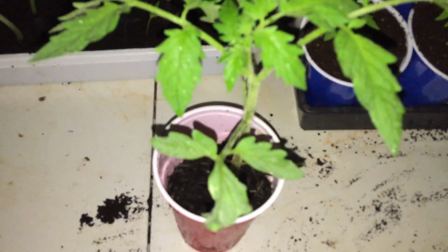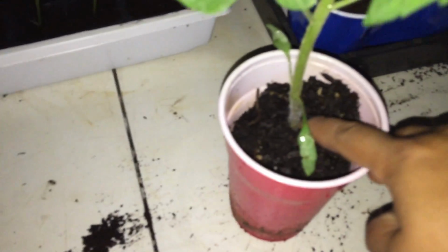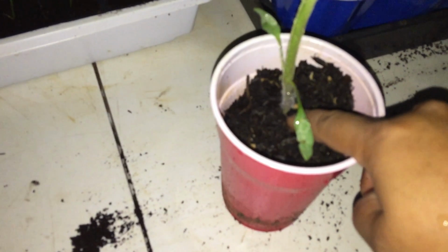Hey, guys. Before I go, one more thing I wanted to share with you. These are one of my tomato plants that I transplanted, I think a few weeks ago. But anyway, you see how the soil line is low? I can actually, because the tomatoes produce roots all alongside its stem here, the main stem, I'm gonna go ahead and